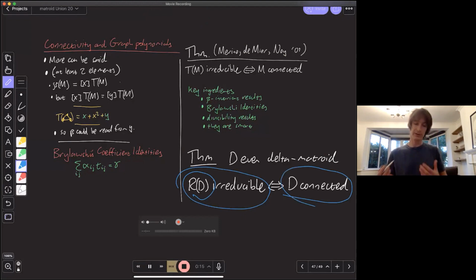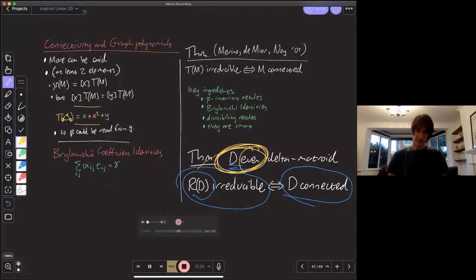So again, what have we done? We've taken this result for the top polynomial and we've been tracking it home, and it's taken us to the world of Delta-matroids. Except there's a problem here in that, yeah, we haven't followed it all the way home. We've got this even condition here.